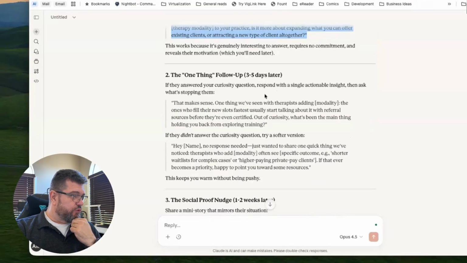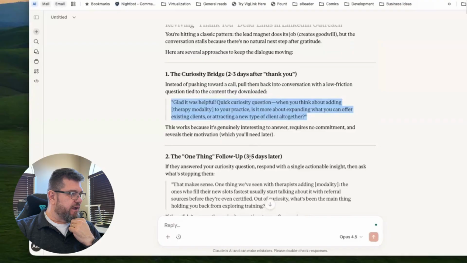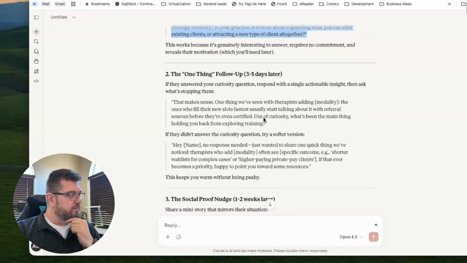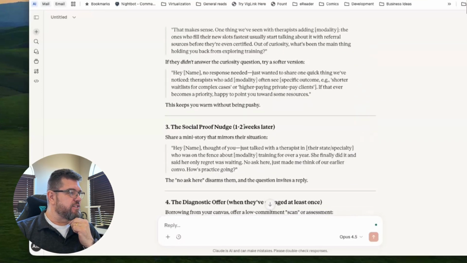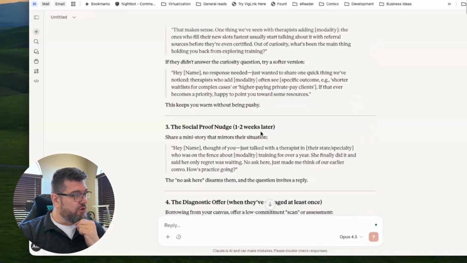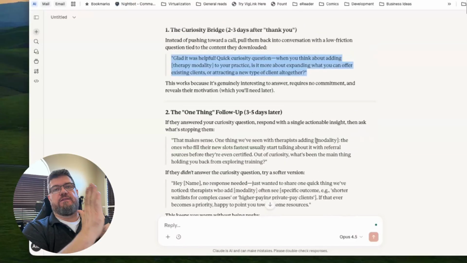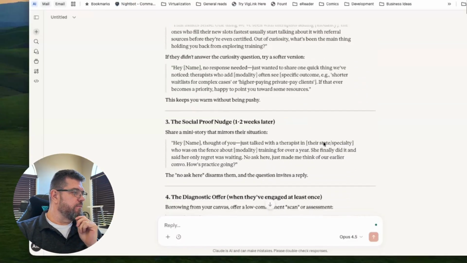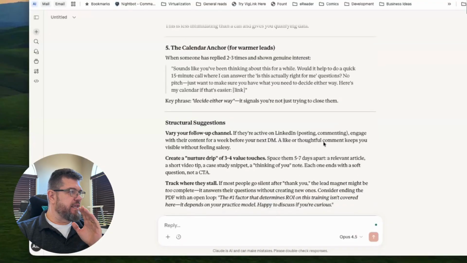So this is 2 to 3, 3 to 5. If they answer with your curiosity question, which is this one here, then we move forward. Social proof nudge, 1 or 2 weeks later. So there's a gap: question, nothing happens, then we come back. Okay? And here's the answer that they give us.